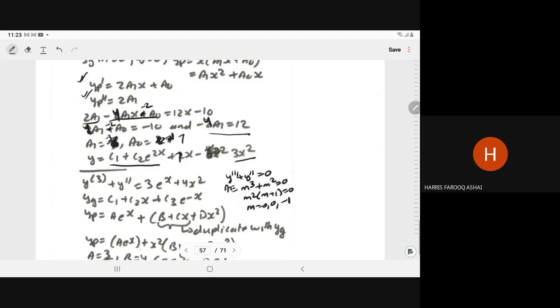Sir, a naught will be 2, right? In the previous question. Yes. It is 2a1 minus 2a naught. So a1 is minus 3. So minus 6 on this side. Then that will go on that side. So minus 4, minus 4. Then a naught is equal to 2. It should be the 2.